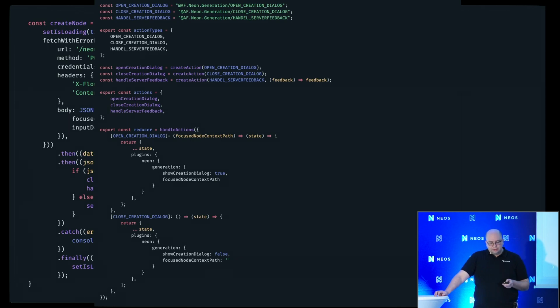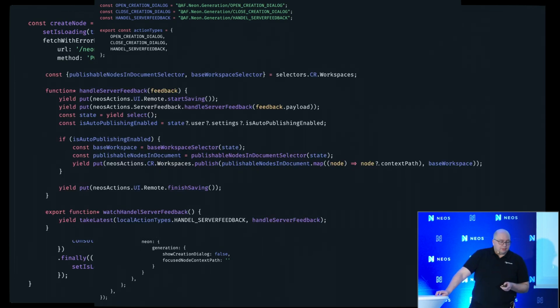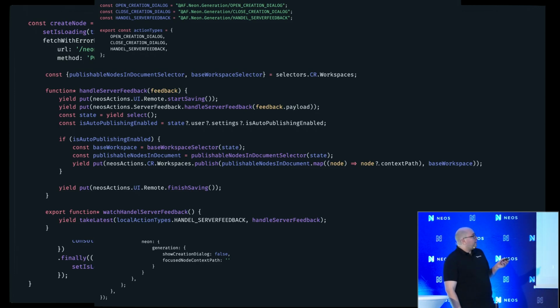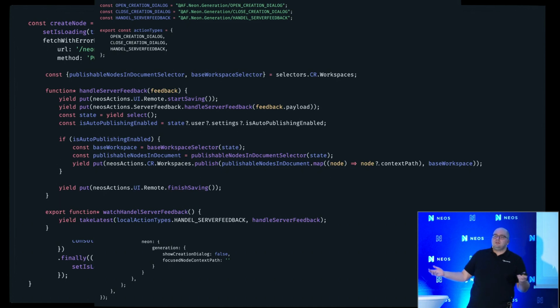But the more interesting part for me is this function here, the Redux Saga action, where I finally land and use the server feedback from my controller and give it to Neos. And from then on, Neos UI handles everything for me, and I don't need to implement custom state update logic, and that's great. This is also what I wanted to achieve.